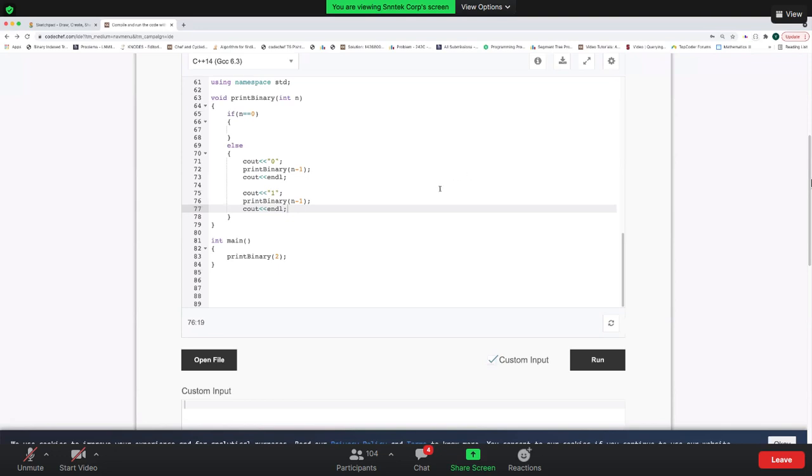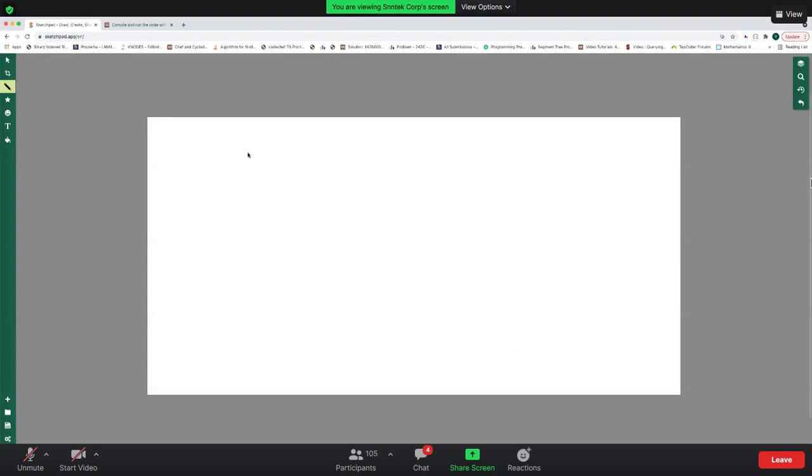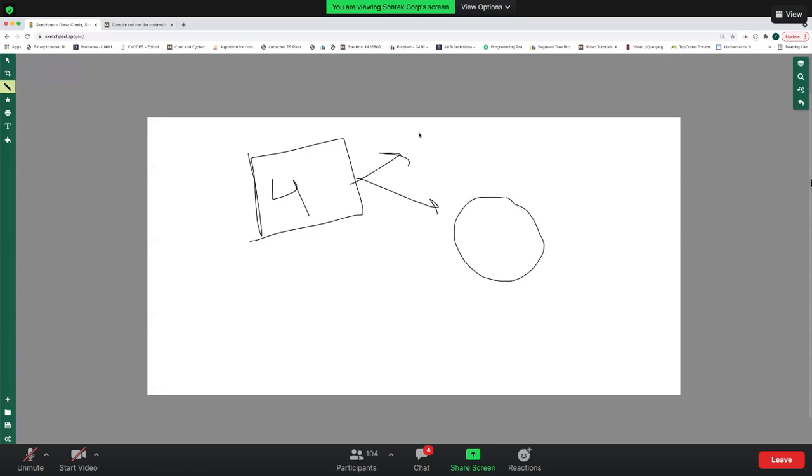Okay, so I'll tell you the flaw in this code. I told you that if I want to solve the problem for, let's say, n equals to 4, I want to split it into two parts where one part will do some stuff, and the other part will call itself with n equals to 3. And both combined will give me the final result.